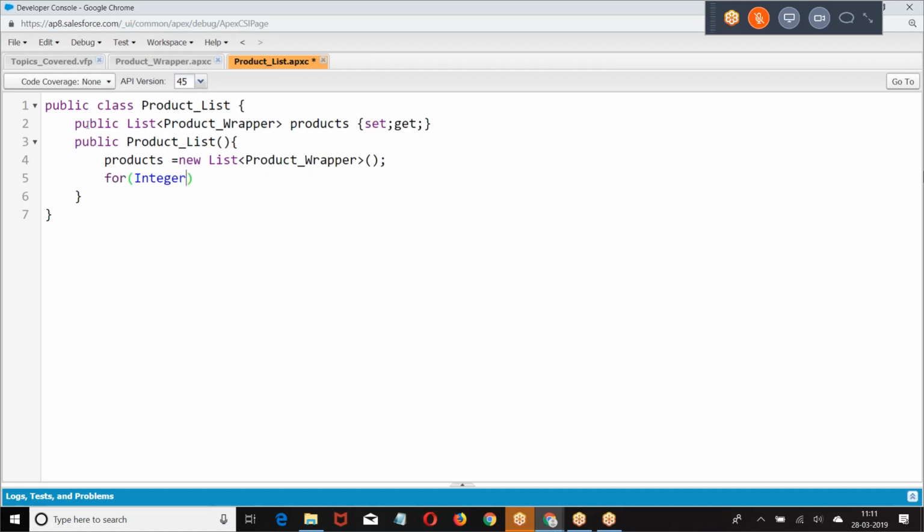I am taking an integer equal to 1. Integer i equal to 1, i is less than or equal to 4, i plus plus.